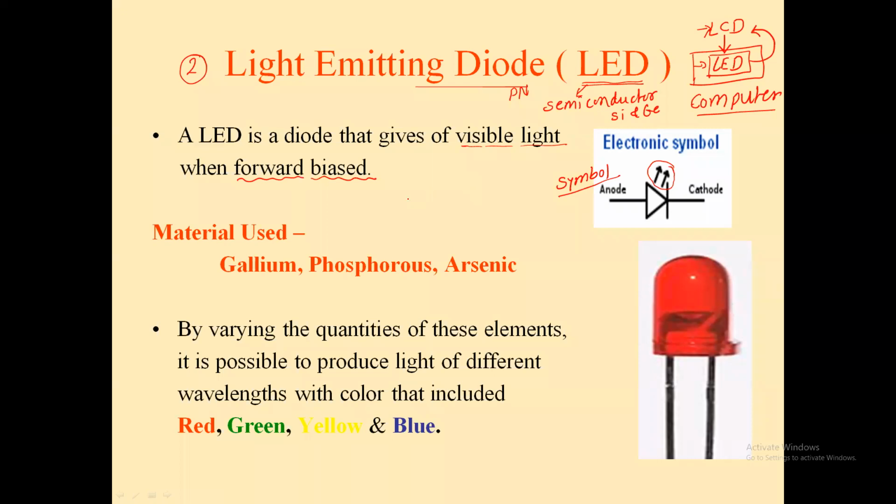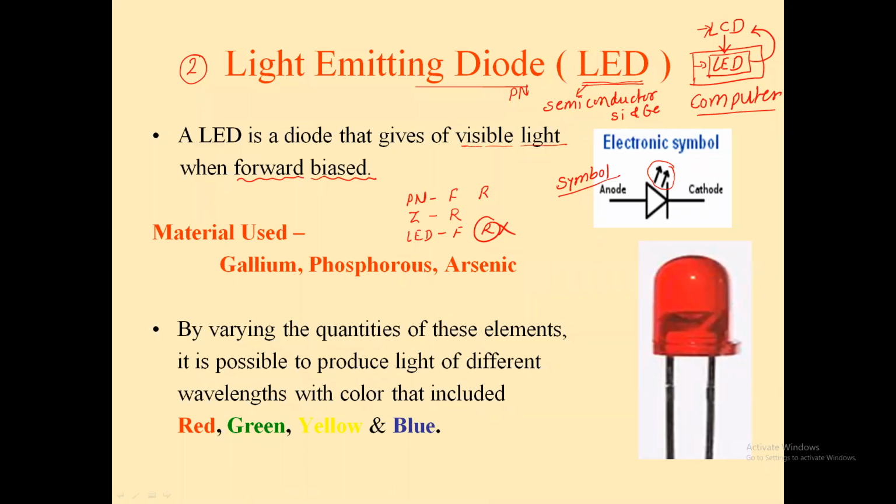Then what is the difference from the ordinary p-n junction diode? The p-n junction diode can be connected in forward and reverse bias. Then the first special purpose diode, the Zener diode, can be connected in reverse bias only, but if you connect it in forward bias, it acts like an ordinary p-n junction diode. It will not be damaged. But the LED is always connected in forward bias. It will not be connected in reverse bias. This is the basic thing about the second special purpose diode, the LED.